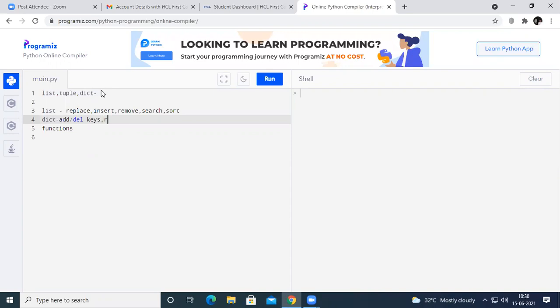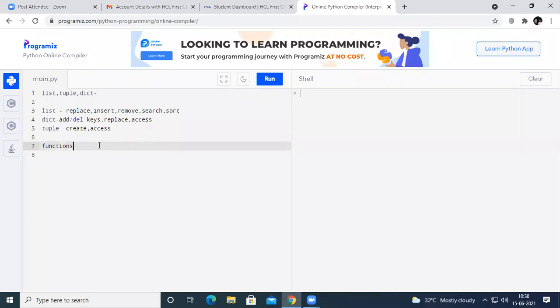Under the tuple also, we are going to see how to create a tuple and how to access the values. In a tuple we cannot insert or remove, because a tuple is an immutable data type.